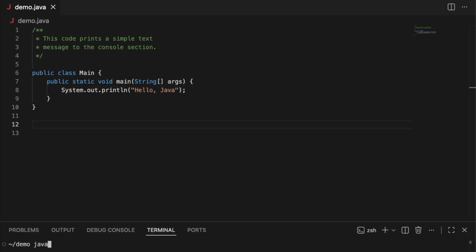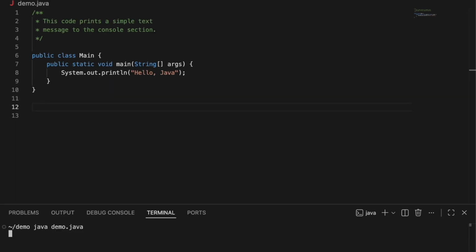This program introduces several important Java concepts, including classes, methods, statements, comments, and console output. It is often the first example used when learning Java because it provides a clear demonstration of how a Java program is organized and executed. Running this program confirms that the Java development environment is correctly set up and that the compiler and JVM are